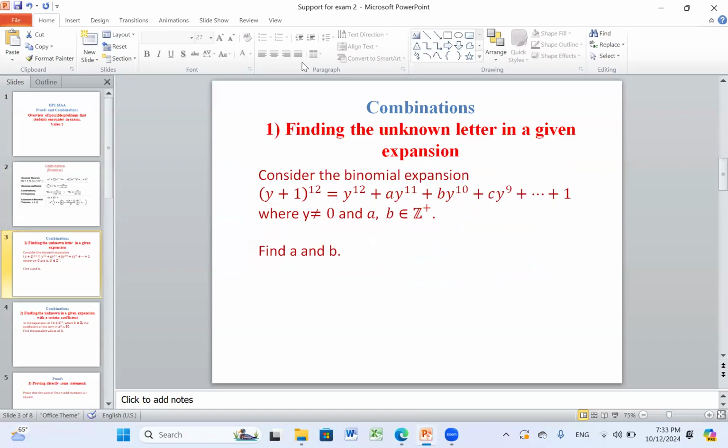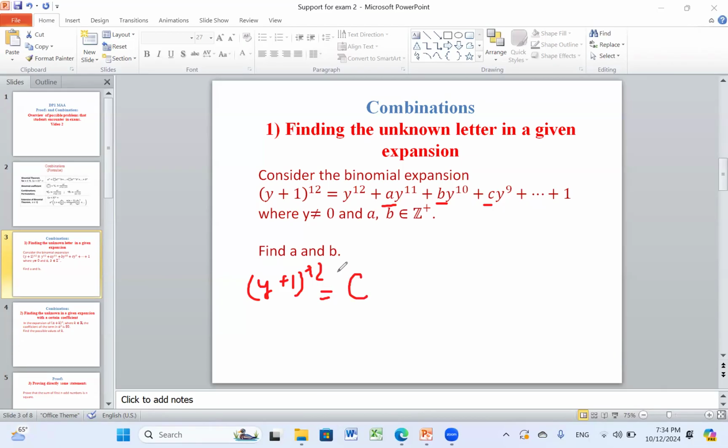So let's start from the first type of exam style questions. Let's suppose we have a binomial expansion, (y + 1) to power 12. You can see that we have here unknown coefficients, and we need to find one or two of these coefficients. If we do this expansion, it should be something like this. (y + 1) to power 12 is equal